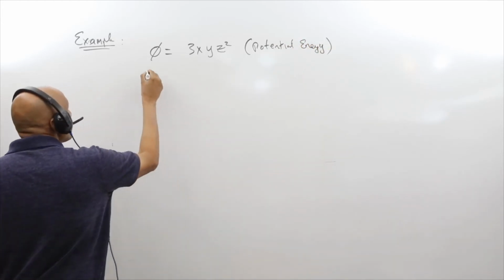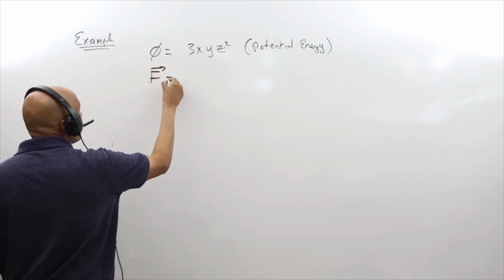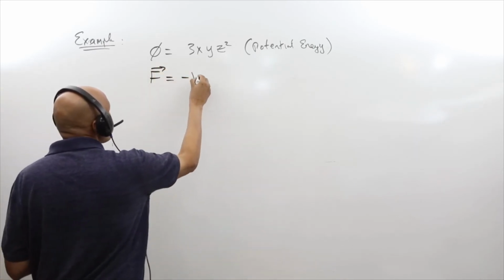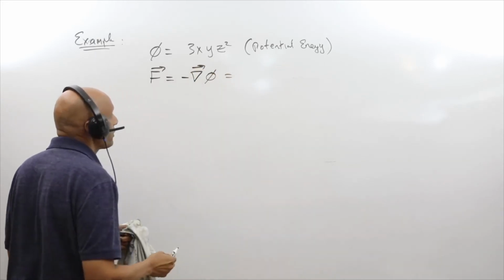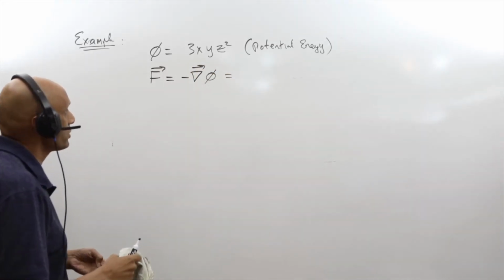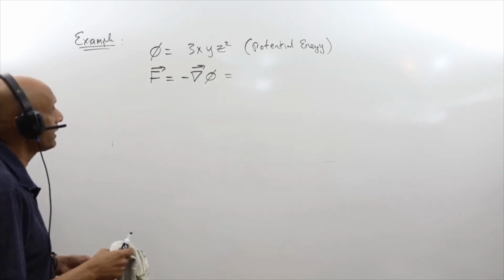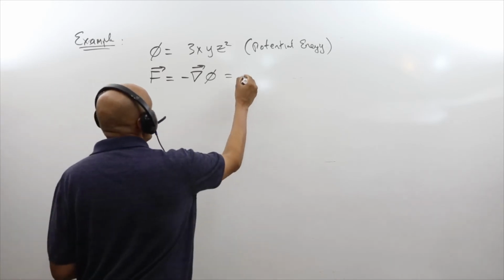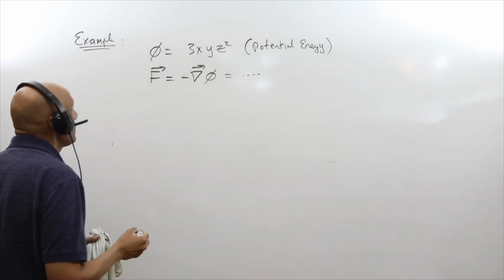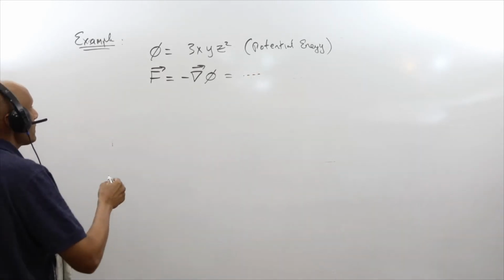So we know that the force field is the gradient of phi, which I'm not going to calculate because it's just a straight substitution. We calculate the partials in x, y, and z, assuming x, y, and z are independent variables. I'll leave that alone, not important. And so the question is,